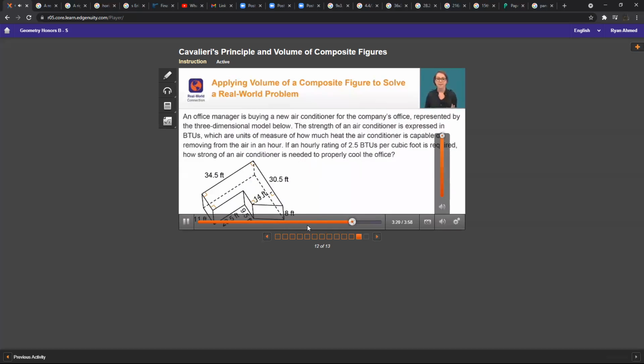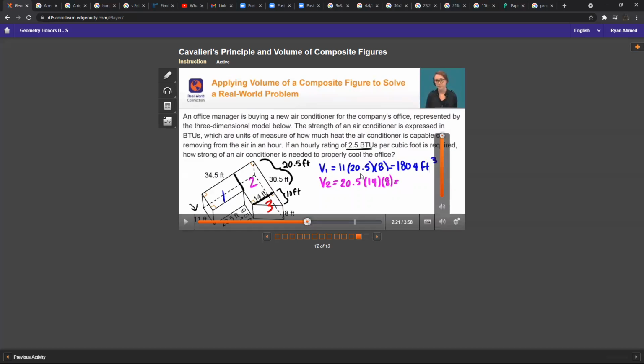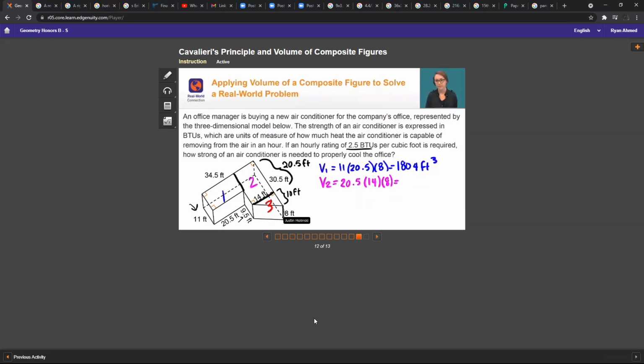How did they get 8? So the 8 is already there. Where did they get this? So the 8 comes from the height. These 2 8s. So everything is going to be the same. Everything has the same height. So take a look at figure 3 and then figure 2 and then figure 1. So here, let me use a different color. So I'm going to highlight that in green. So if this green distance right here is 8, that means this is also going to be 8 right here. And this is going to be 8. And this one and this one. So everywhere you see